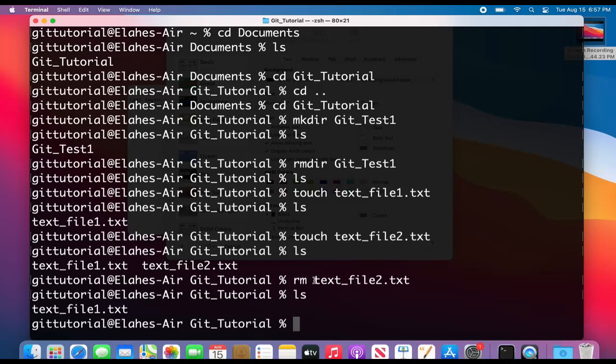So do not confuse this with removing directory, that was rmdir, or remove directory. As I said, if you check the ls, you can see that we have only one text file at the moment. Another thing you can do in order to clear your screen is easily say clear,